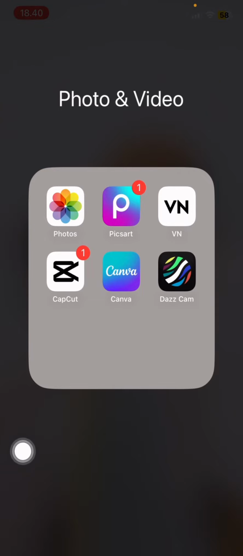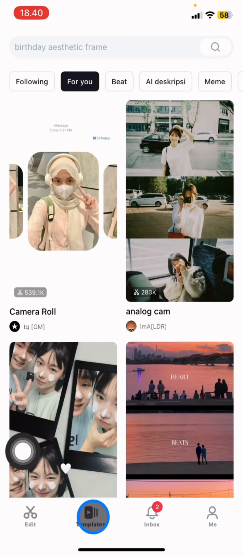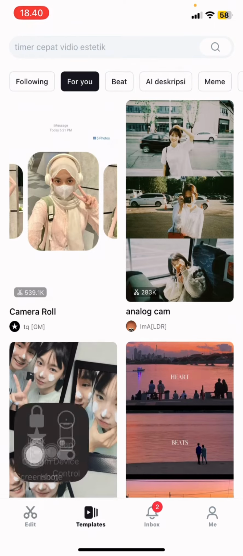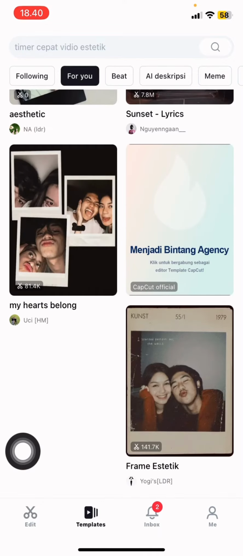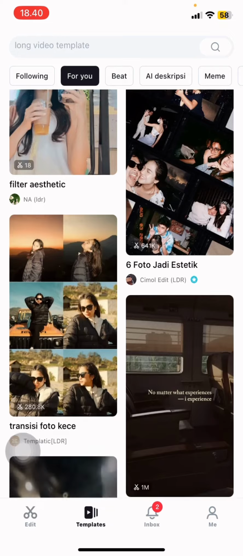So the first thing you have to do is open your CapCut application, and this is the result whenever you first open it. To start making the Instagram Reels containing the quotes video, you just need to visit the templates. Why do I suggest you visit the templates? Because CapCut provides popular or trending templates that you can use, so that it can also make your Instagram Reels bigger and engage more